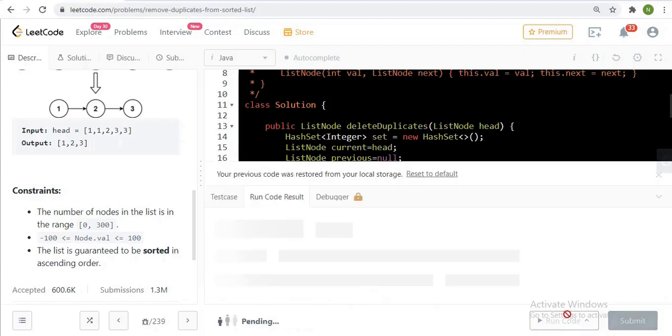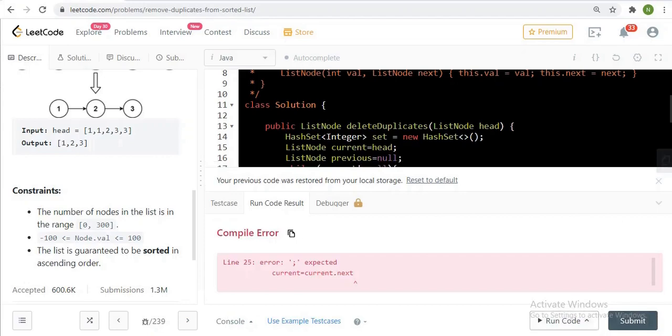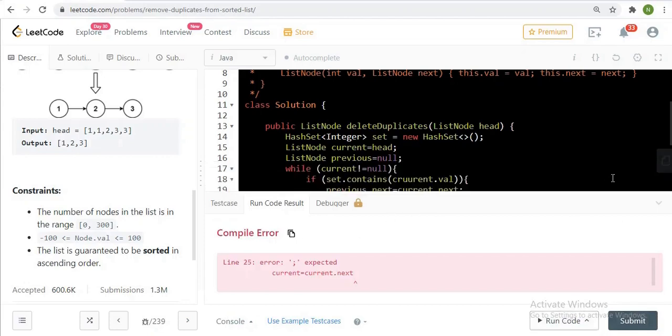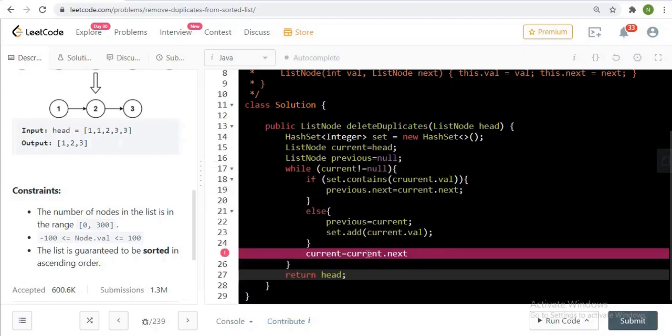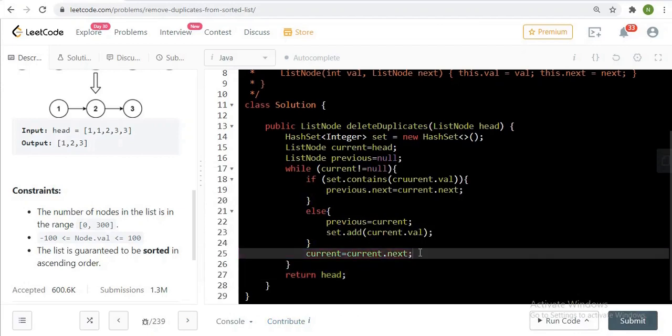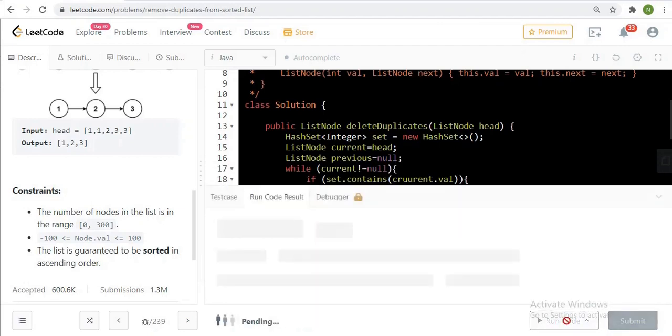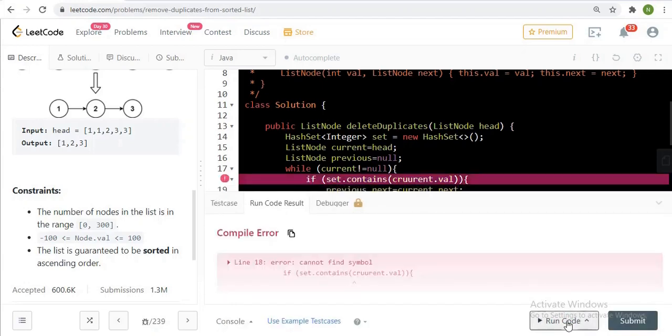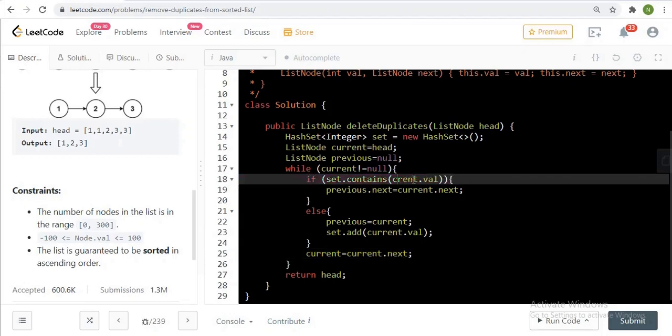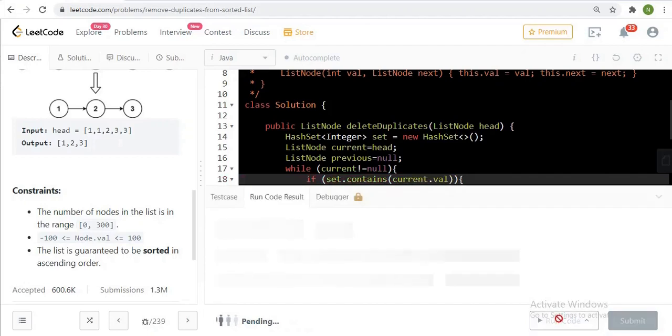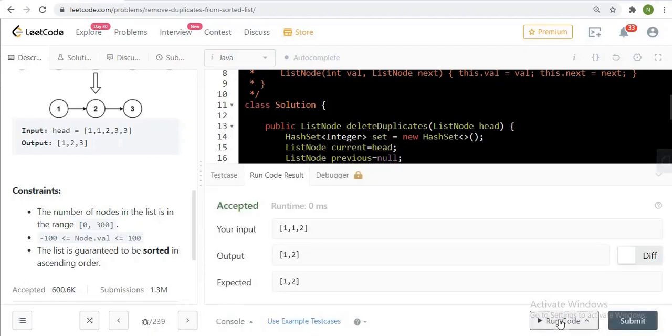It's time to run this code. Oh, compile error. Where is this? Again run this code. Oh, my bad. Correct. Hopefully it can run now.